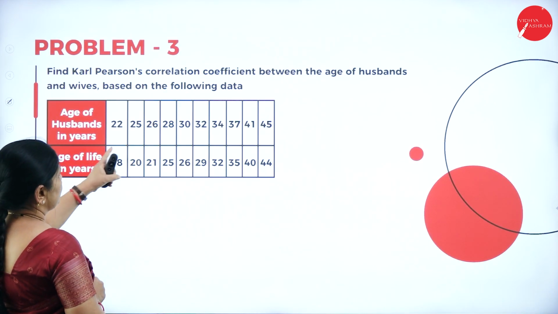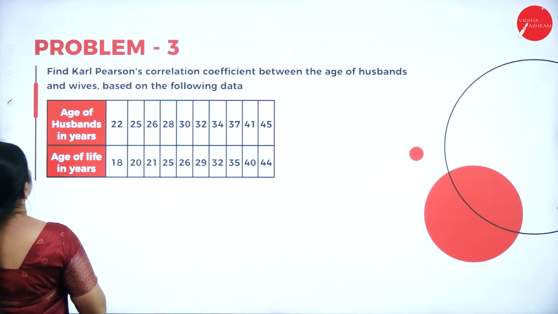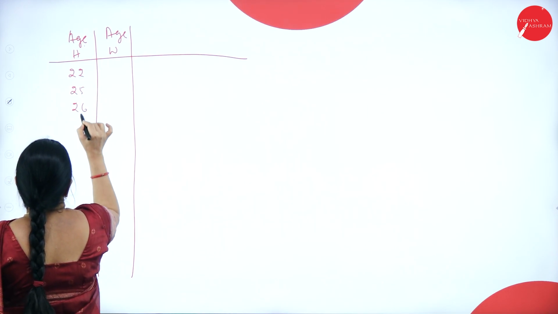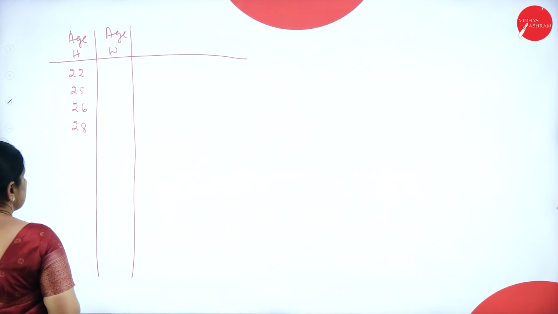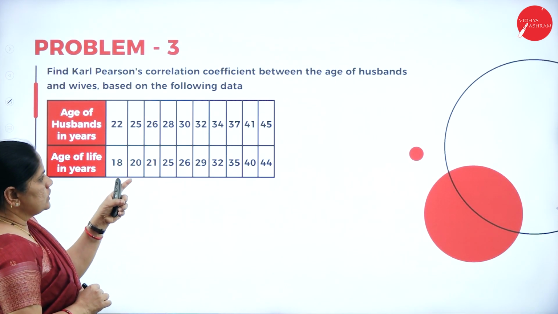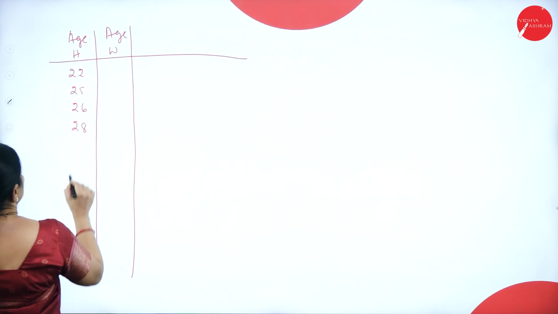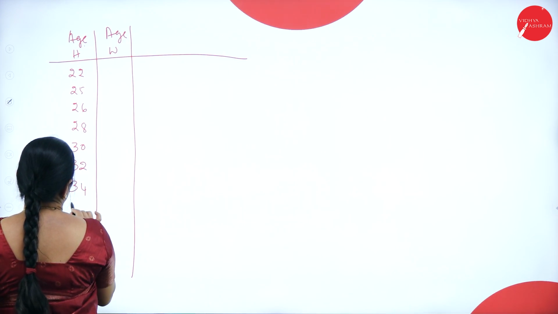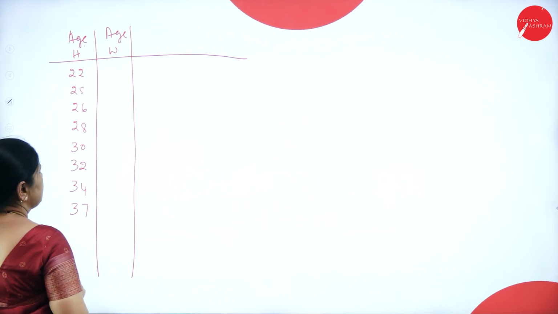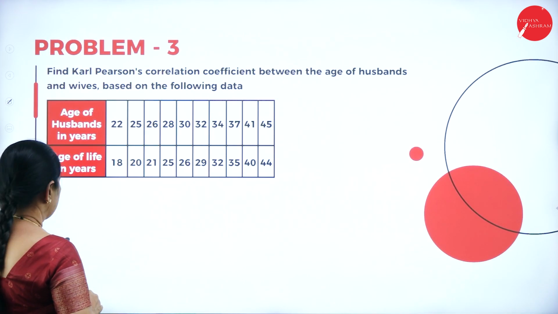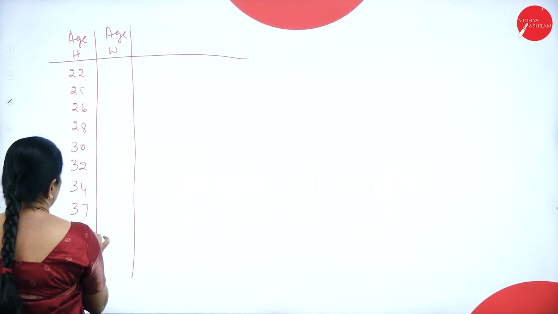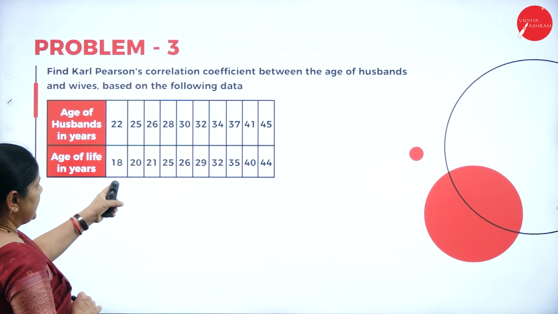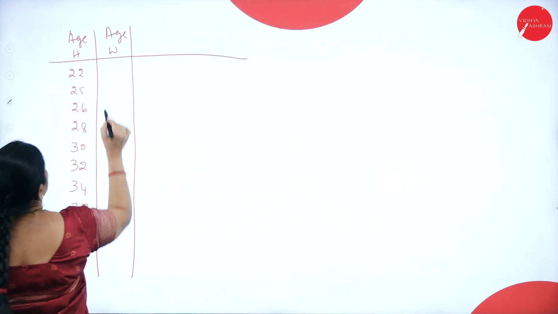So 22, 25, 26, 28, 30, 32, 34, 37, 41 and 45. Then 18, 20, 21, 25,